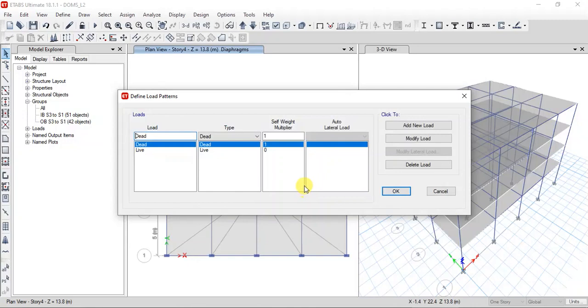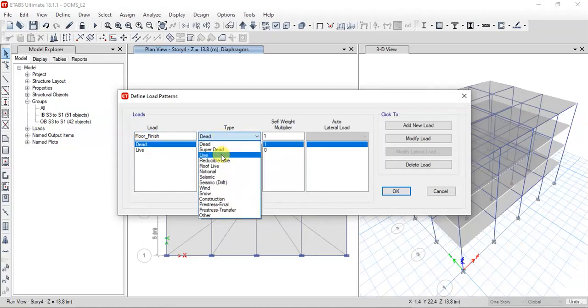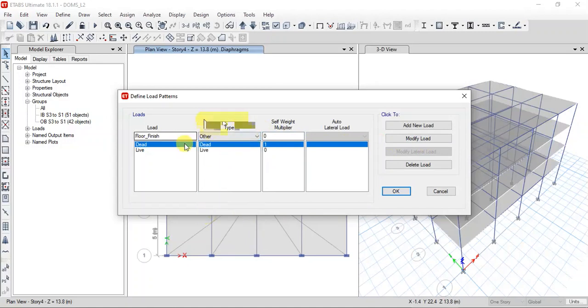We'll go to load patterns. We have dead load. By default we have to take the self-weight multiplier as 1, and the live loads will be acting on the floors. We'll add floor finish here, which you can take as a live load, and let the self-weight multiplier be 0, or you may choose it as another type.